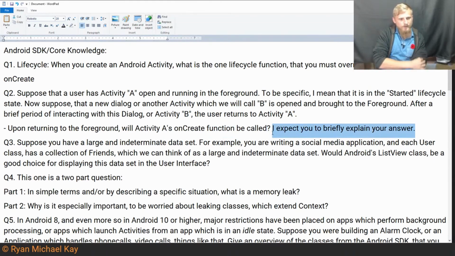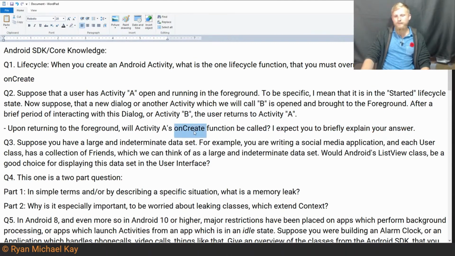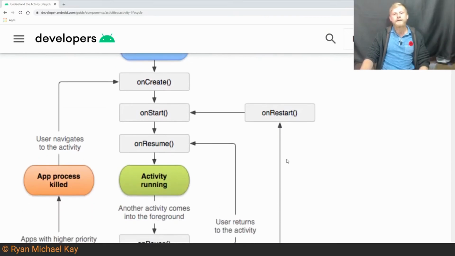Now, as far as I'm aware, the answer I would give, let me put it this way, is that typically speaking, in this situation, based on what I was given, probably onCreate would not be called. Let me pull up the Android lifecycle diagram just so everyone can see what we're talking about here. But I think the truth is that it can actually be a little bit situationally dependent if we're getting really specific. So just for people learning,